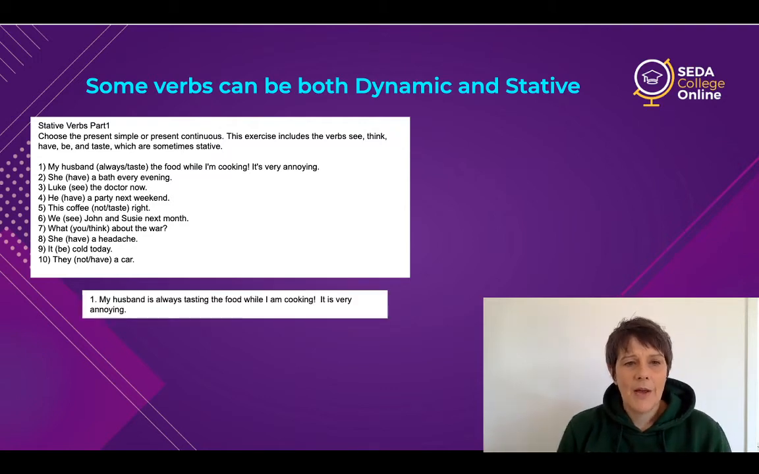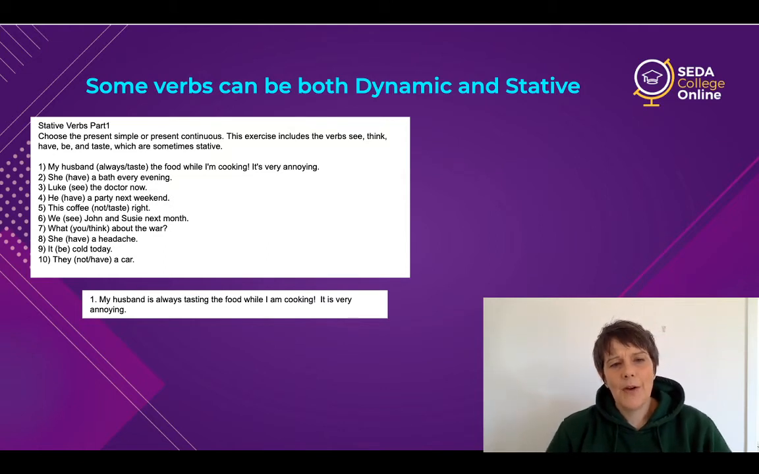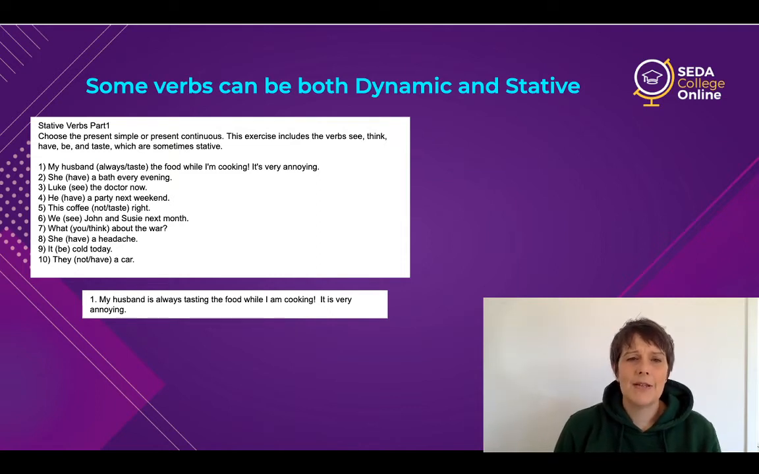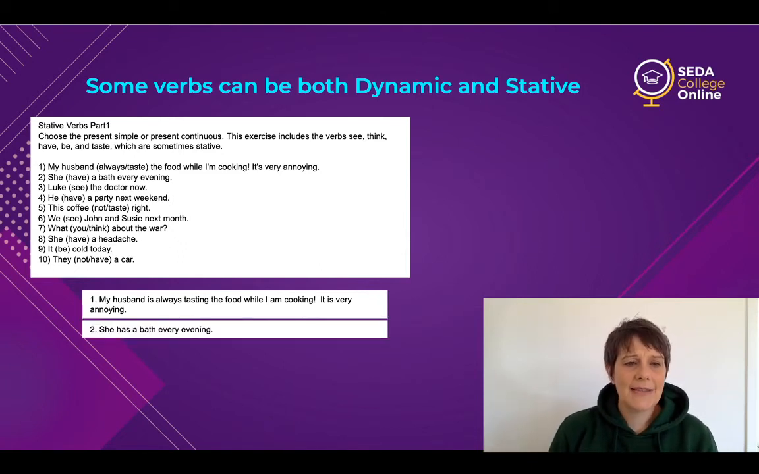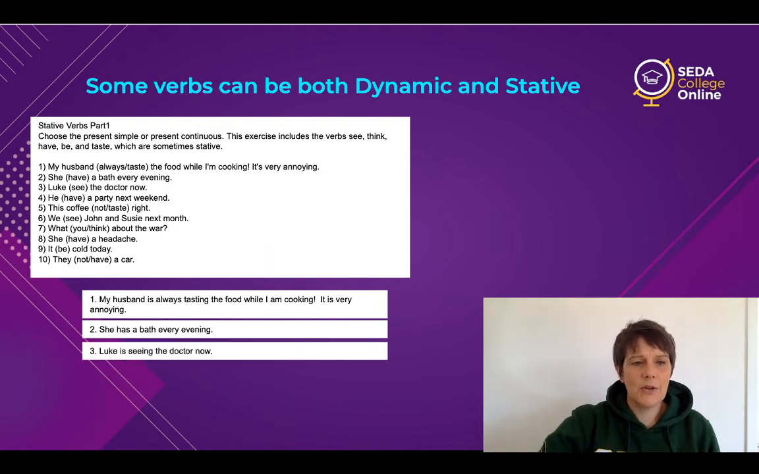So let's have a look. My husband is always tasting the food while I'm cooking. It's very annoying. So we've got this in the continuous form because when we're talking about something being annoying, we use the continuous form to show that it's irritating, that it goes on and on and on. She has a bath every evening. That is like a behaviour that goes on and on. So that's simple form. She has a bath today, she has a bath tomorrow, she has a bath every evening, present simple. Luke is seeing the doctor right now